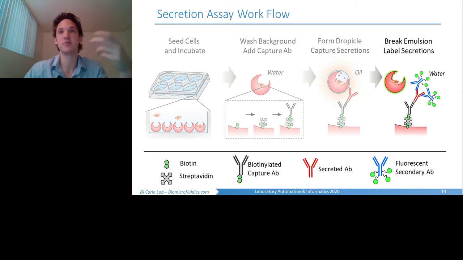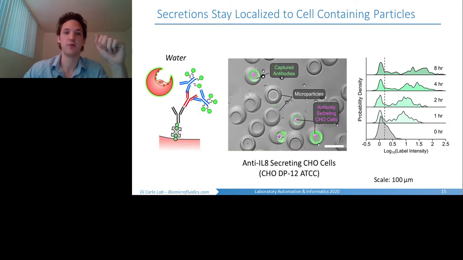And then once we've incubated long enough to be able to get high enough signal, we can then transfer it back into water, as I discussed before. And then we can just label it with fluorescent secondary antibodies. And so what this looks like experimentally, here's a microscope image with a bright field image merged